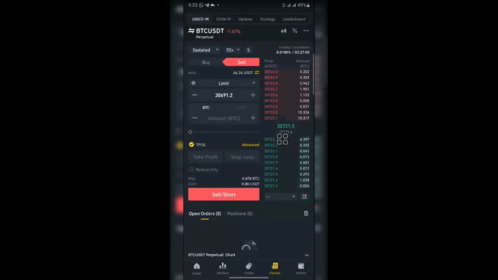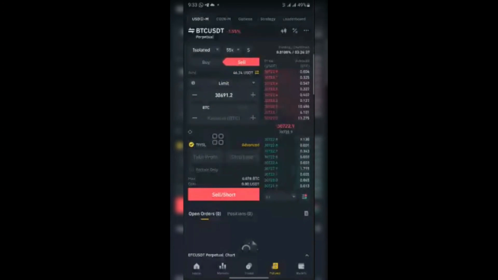For your $10 to turn to $20, it means BTC has to move from 30,007 to 60,000 plus. How many years will you wait for BTC to move to 60,000 plus before you make $10 extra profit? That's why we use leveraging. Leveraging is that you want to multiply your money.